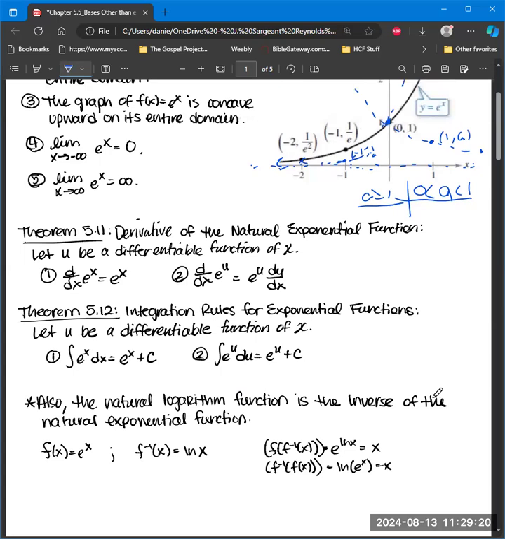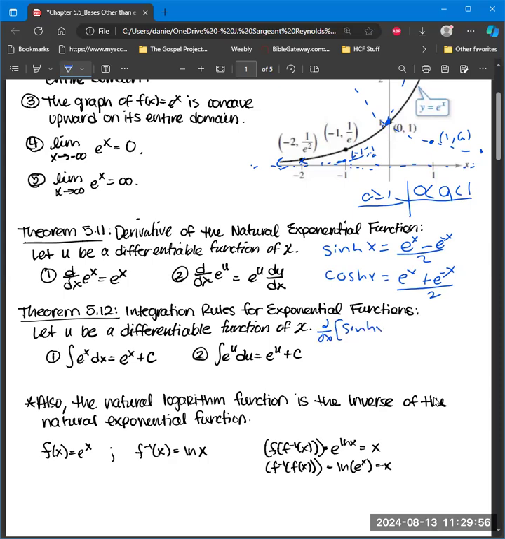All right, so two special exponential functions that we need to know about, especially before we go into differential equations. It's going to be hyperbolic sine, which is equal to e to the x minus e to the negative x over 2, and hyperbolic cosine, which is equal to e to the x plus e to the negative x over 2. I'm going to leave it to you to prove to yourself that the derivative with respect to x of